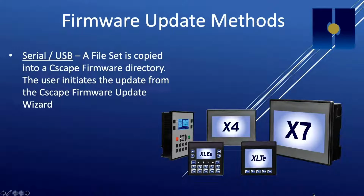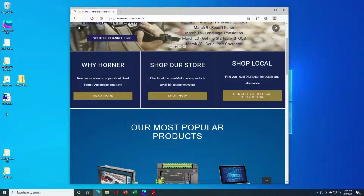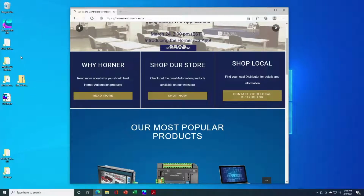Okay, now the first thing we want to do in terms of demonstration is I want to show you a firmware update I did earlier this morning on an X4. Okay, so that's the Micro X4, one of our products in the Micro family. But before I do that, let me show one other thing. And that is, I want to mention real quickly where you can go on the Horner website to find firmware